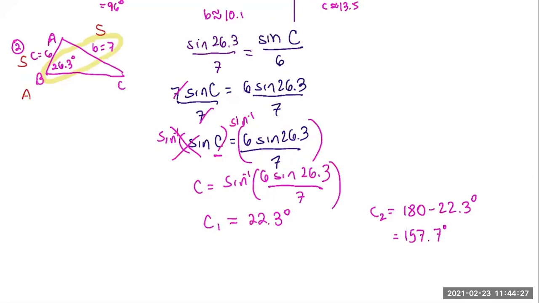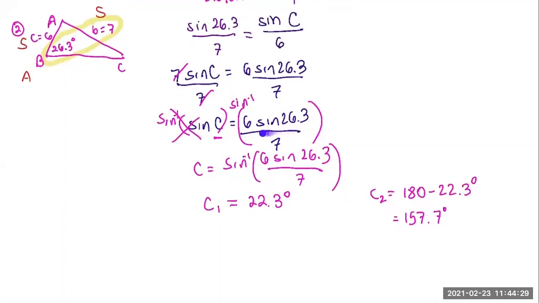So you want to keep it as pure as possible by doing it all in. That's why I want you guys to use Desmos and enter it in all at once, so you're not rounding along the way. Okay, 157.7. So in theory, right now in my mind, I'm picturing that I could have a triangle where one